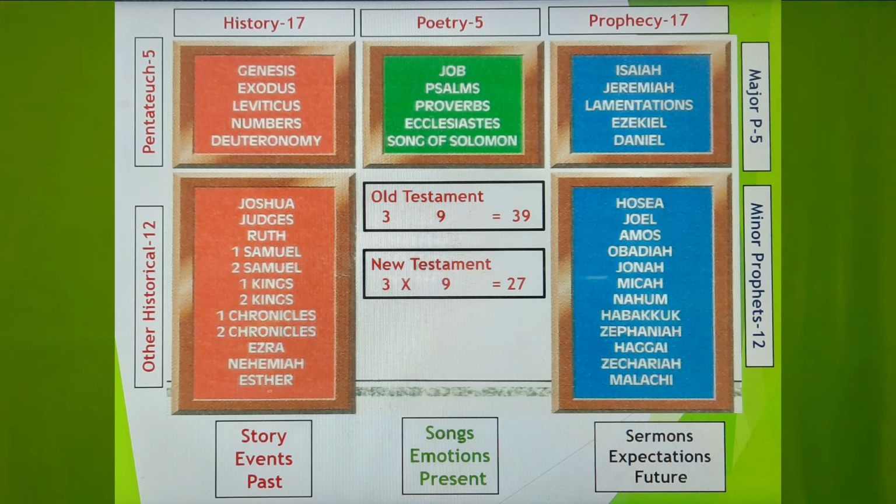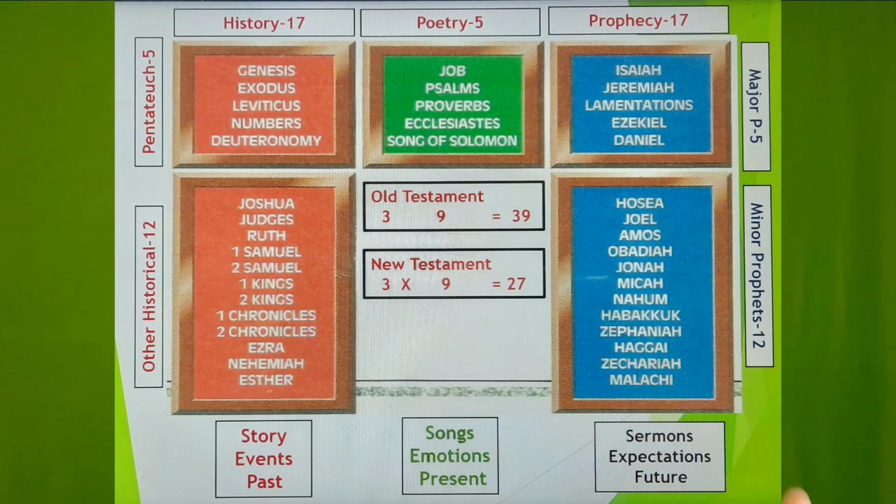And next there are 3 E letters you use. The first section is events, one after another coming, and the next, the poetical books, are like emotions, the expression of emotions. So it is not like our film writers writing. It is entirely different, emotionally connected with God. There are people in different positions, in troubles and all. They wrote because of the connection with God, and the expressions of emotions are there.